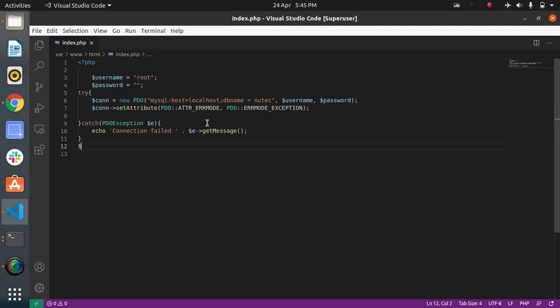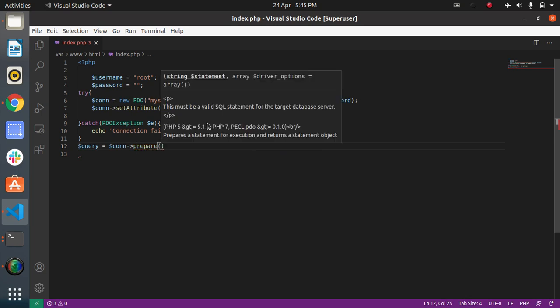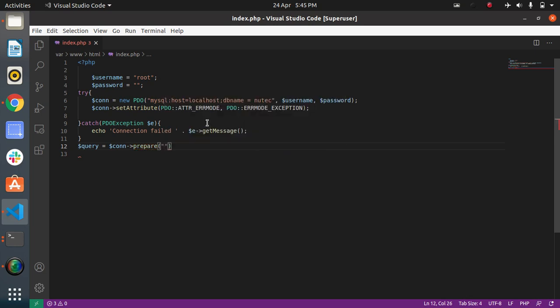Now let's prepare a query using connection prepare. So I am using select everything from registration.